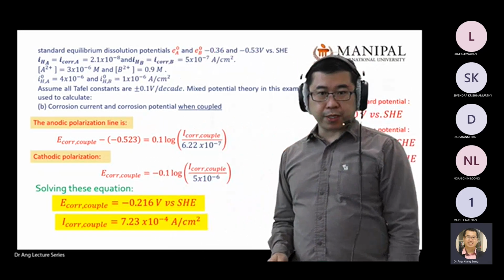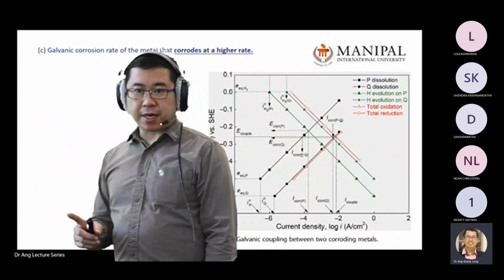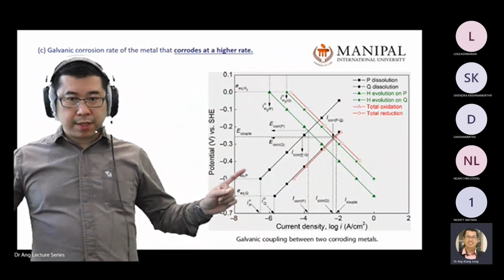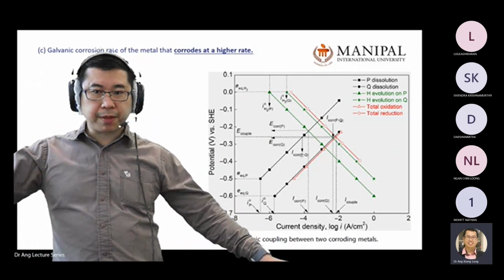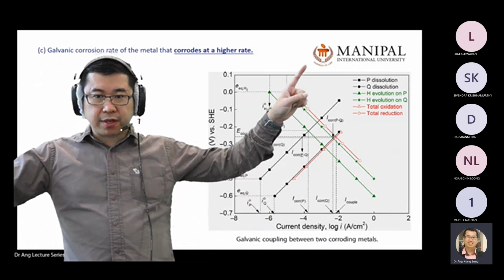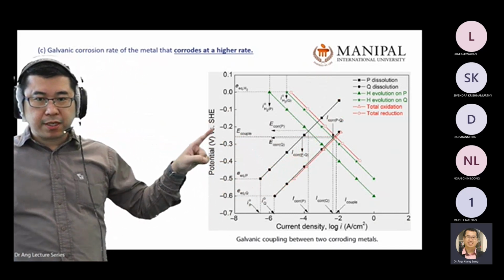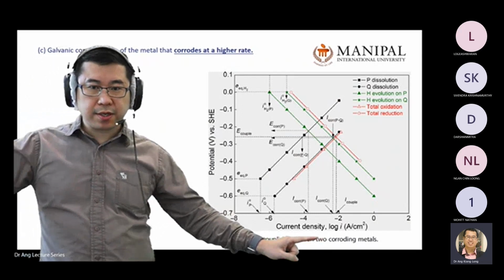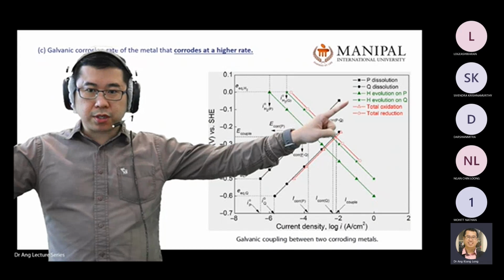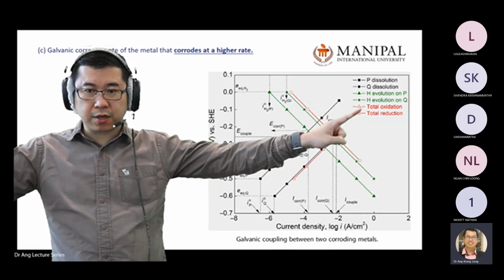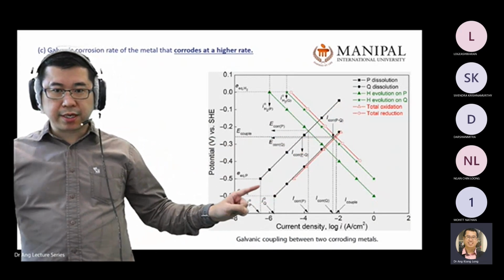Okay, we go for a few more slides. So this is a slide that I include in your tutorial handout. This is a galvanic coupling between two corroding metals. So we have all the points. This basically is an Evans diagram, voltage versus current. You refer to each of the P or Q dissolution, H evolution, total oxidation, and total reduction. Okay, it will take some time to understand, but anyway,